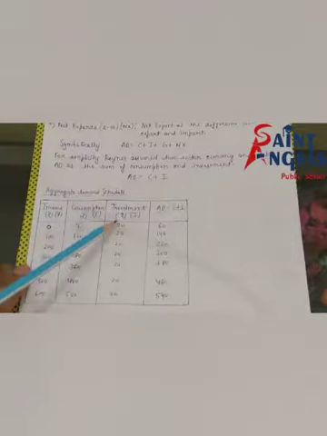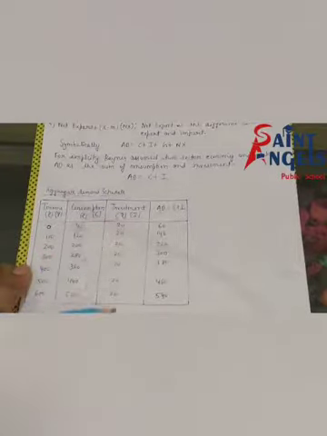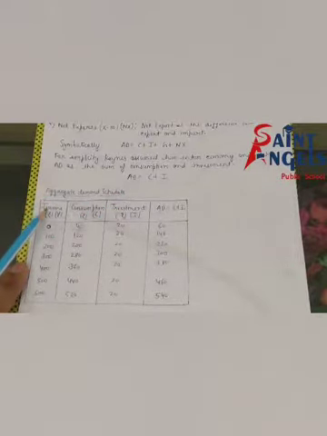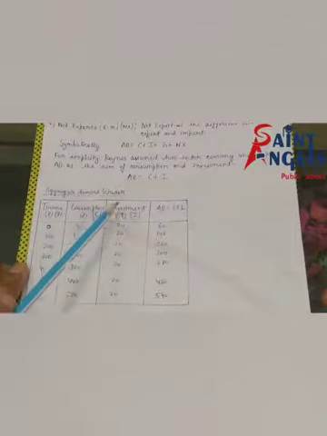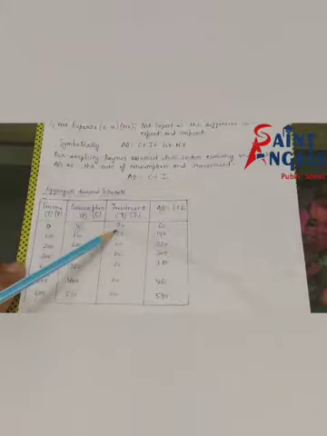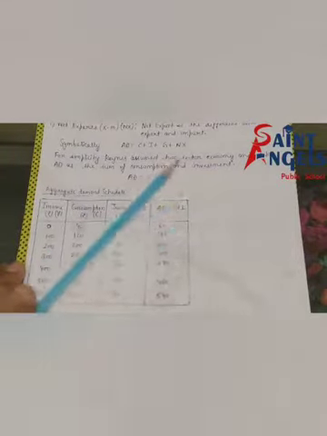But see, the level of investment remains the same at all levels of income. It means that this investment is also not affected by the level of income. Suppose see here, the level of income is increasing here, but the level of investment remains constant. I hope all of you have understood.